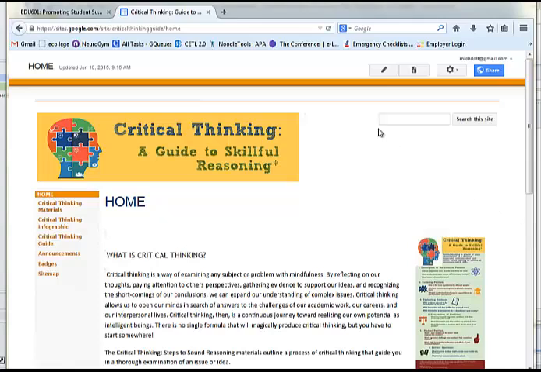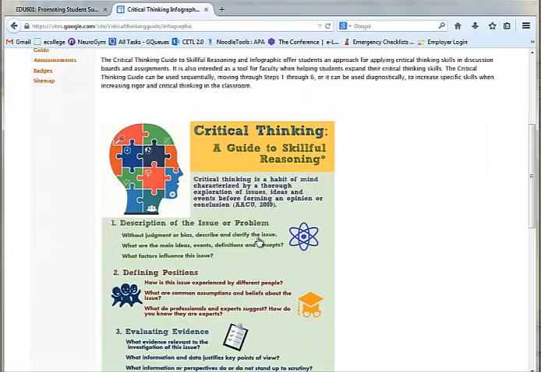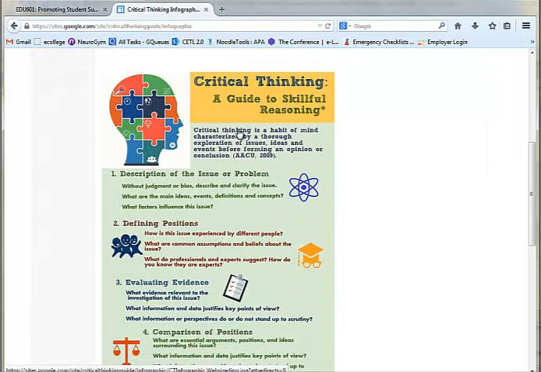Hi, this is a very brief overview of the Guide to Critical Thinking website that we have developed under the Discussion Board Task Force for Student Success. The task force identified a model for critical thinking that we are offering students, and there are two parts to this model. One is the infographic, and in the infographic it offers